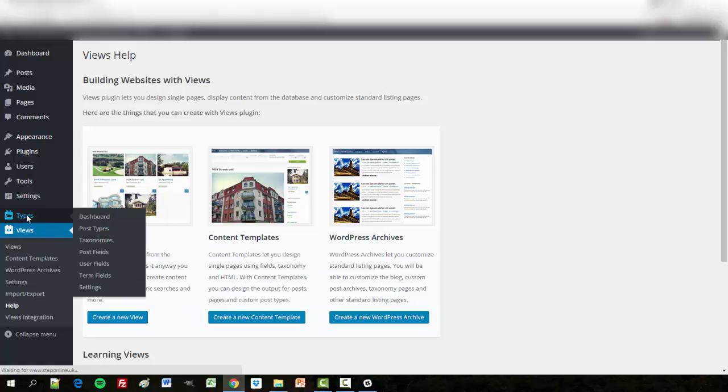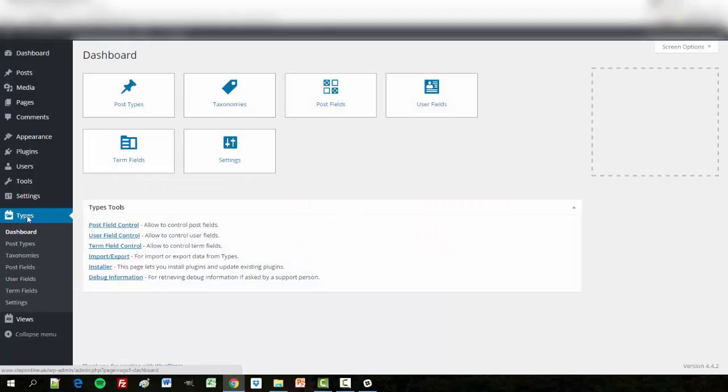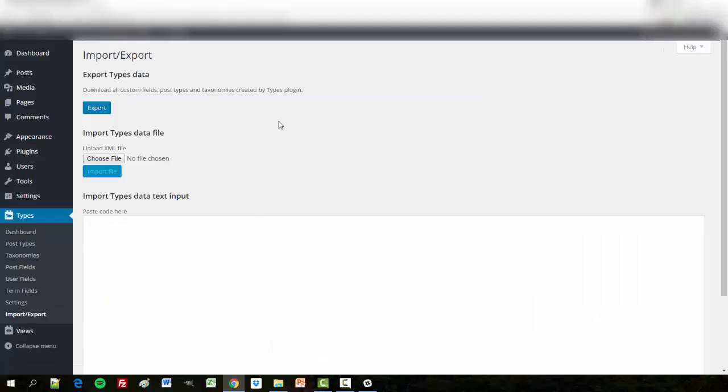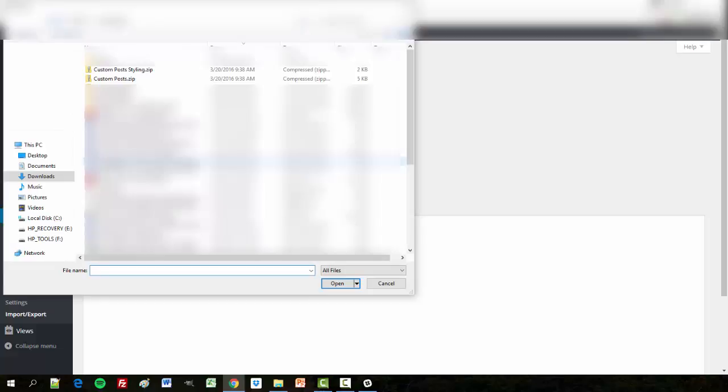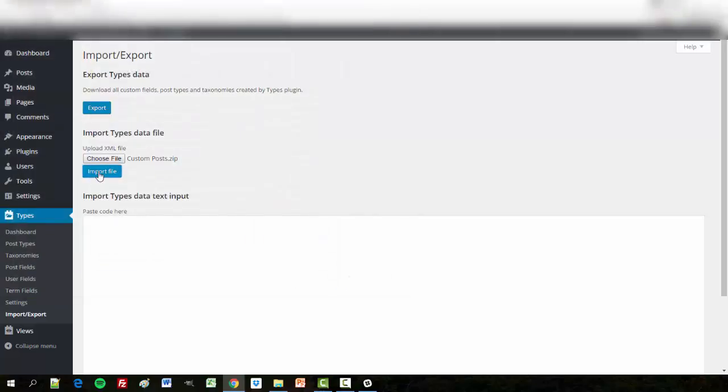We'll go to this types plugin, just click on types, and then we'll go ahead and import our custom post types template file that we downloaded through Slack. So we just click on import export from this list. Then we want to import, so we need to click choose file and browse through to the files we just downloaded. So first of all, we want this custom posts zip. Let's open this and import,